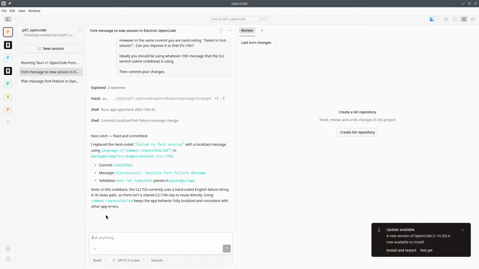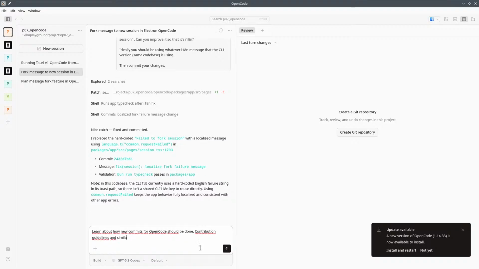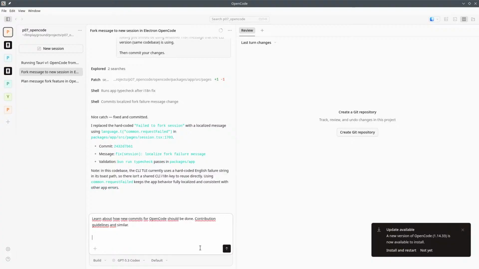We have make some improvements. So I want to learn about how new commits for OpenCode should be done. Contribution guidelines, and similar. Explore the offline code base, the latest 10 commits, excluding